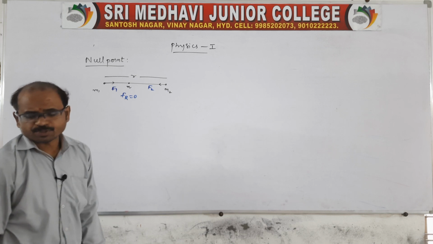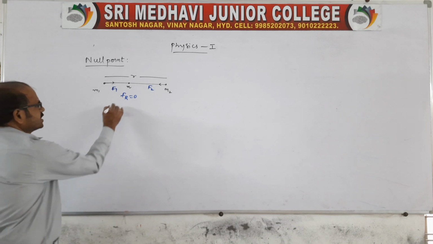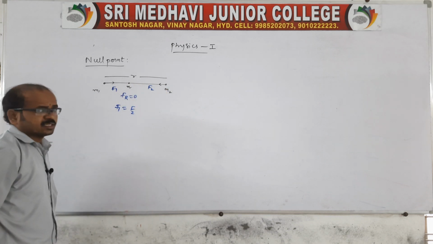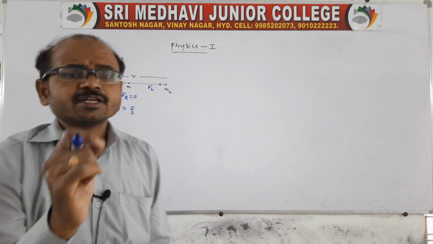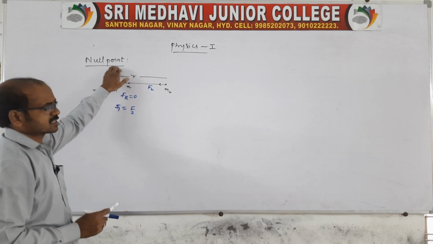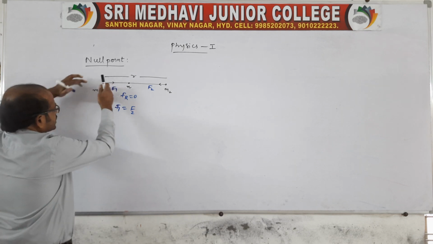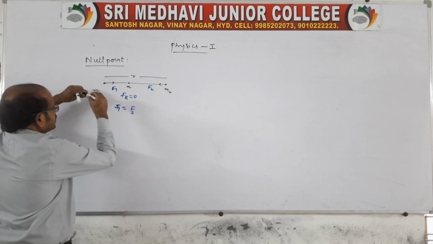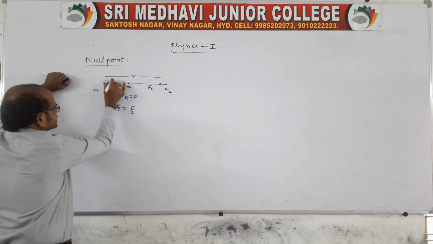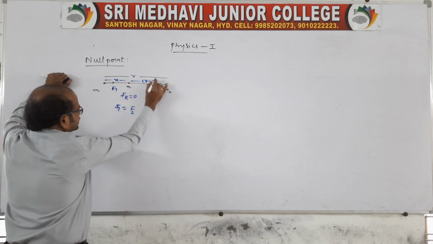The net resultant force is 0 because of equal and opposite forces, right? They cancel at one point between the two masses, where the resultant force is 0. Where the resultant force is 0 is nothing but what we call null. Null is nothing but 0. Write here F1 and F2. The total distance between M1 and M2 is small r. From M1, the mass m is located at a distance, say, x, and the remaining part is r minus x.